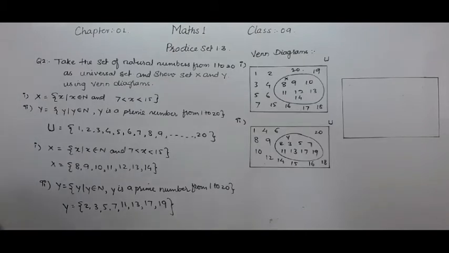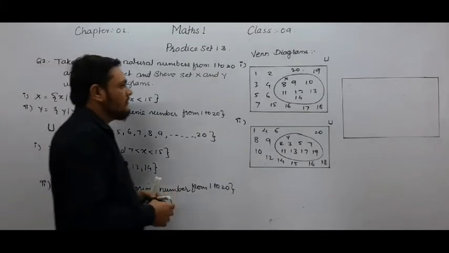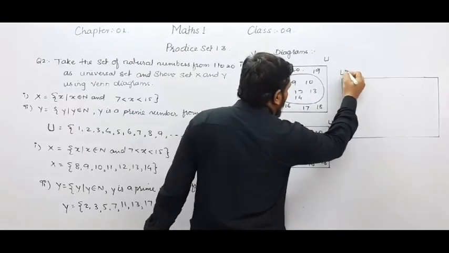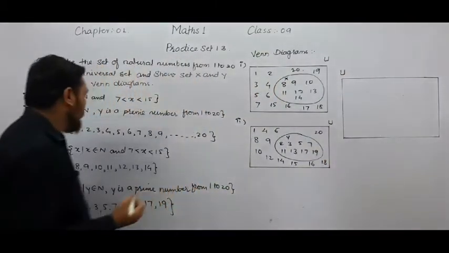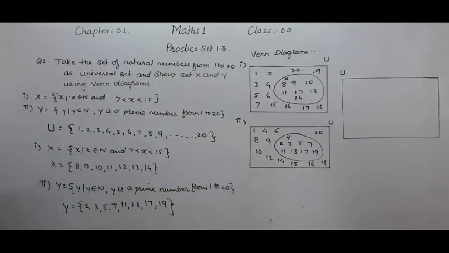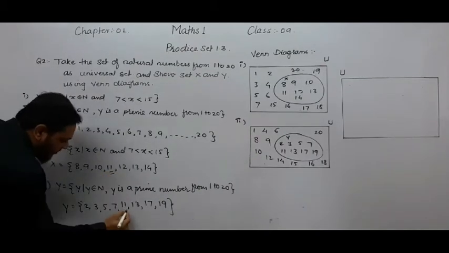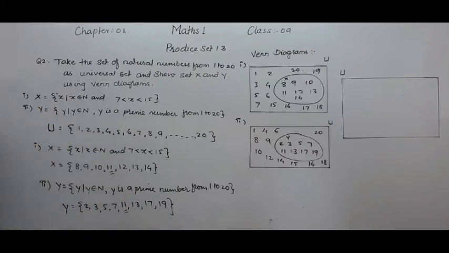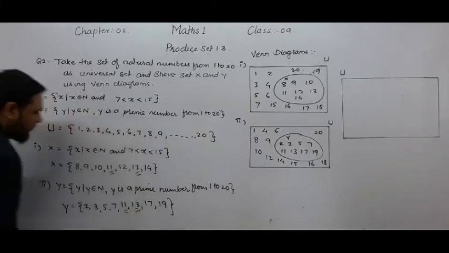So if we want to represent set X and set Y by using a common diagram for universal set U, means this common rectangle we have to use for both the sets, and now we have to draw set X and set Y in that Venn diagram. For that we first have to consider the common elements from set X and set Y. You will notice that 11 is common here in set X and set Y. In both the sets 11 is common, and 13 is also common here.